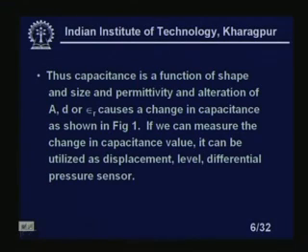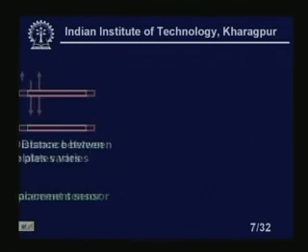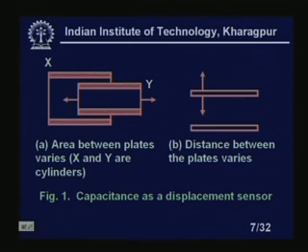So, if you measure this capacitance value either with a bridge or in some LCR meter, that change can be utilized to make displacement sensors, pressure pickup and level gauge. So, these are the three basic applications of the capacitive transducer. If we can measure the change in capacitance value, it can be utilized as a displacement, level and differential pressure sensor. This actually I want to tell. Now, here you see there are various types of capacitance sensors we have shown.